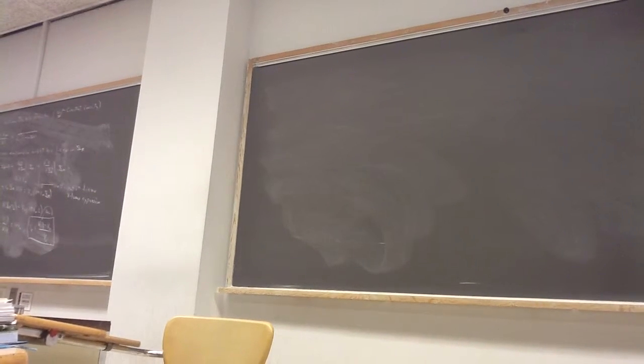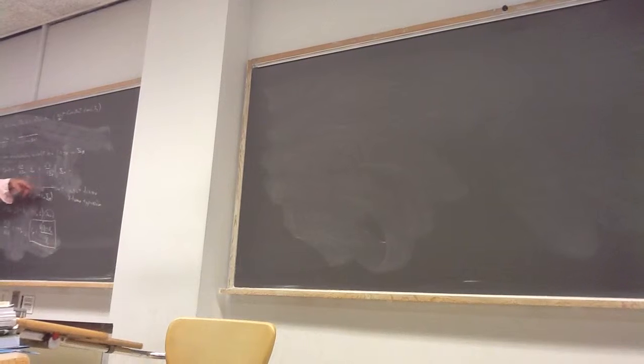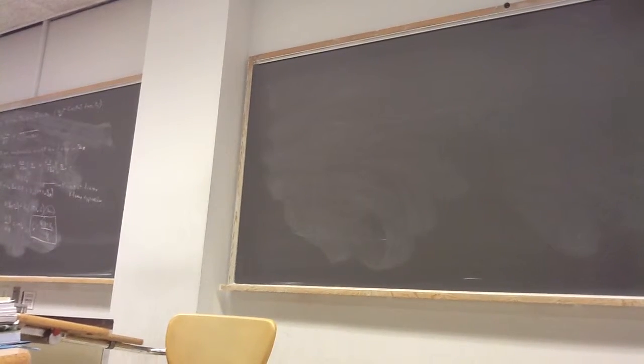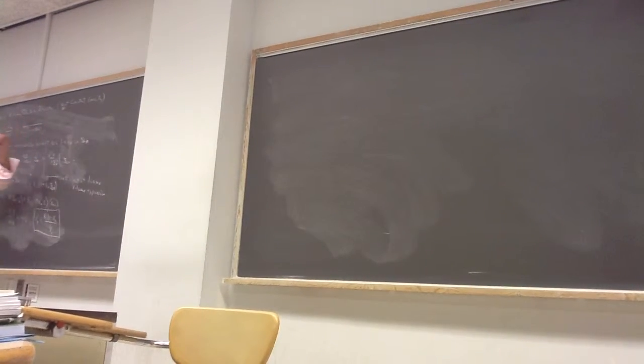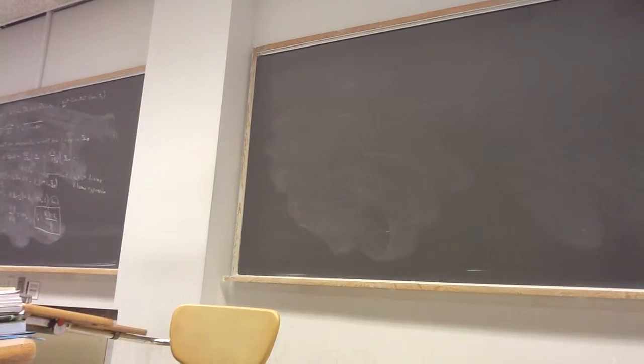I might have a situation where I need the next term, but in simple situations, I can get away with the linear term. And there are a lot of reactions where it really is linear. If I have an ideal mixture, then it really is linear. But if I have non-idealities, it might be